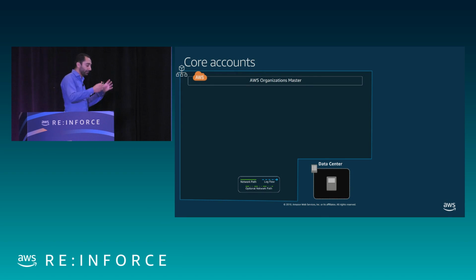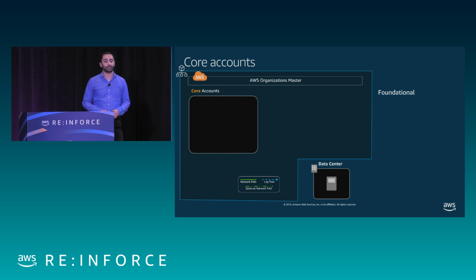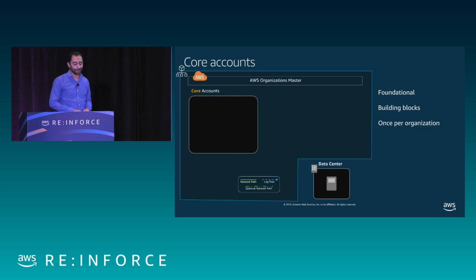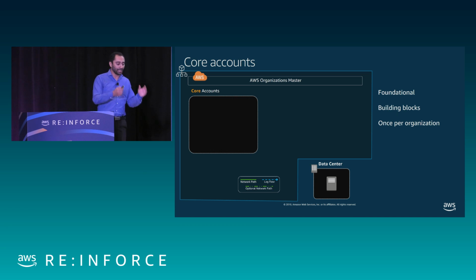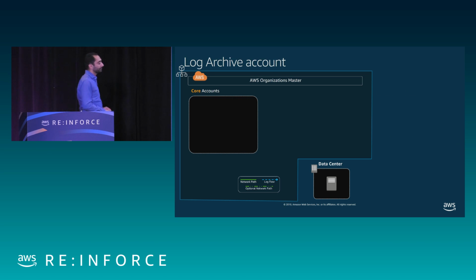From there, we start thinking about the foundational building blocks that help our organization. We just happen to call those core accounts because we couldn't come up with a better name, and it makes sense. So these are the things that the rest of the organization depends on. And again, even if you're a small startup or you're a one-man shop, having that level of isolation helps make things easier down the line. And each one of these will have their own development life cycle. So my shared services account isn't going to be just a production one and I only use that. But for the purpose of this, we're showing it as one box.